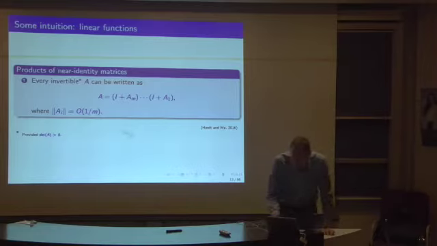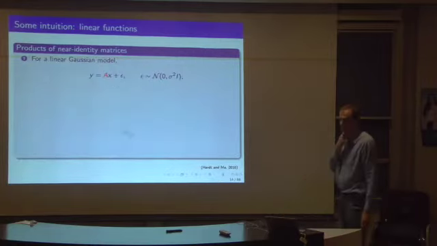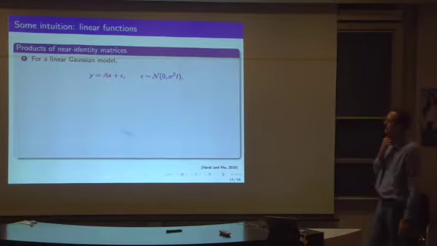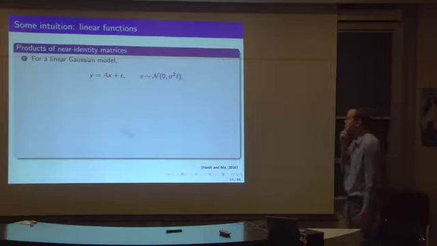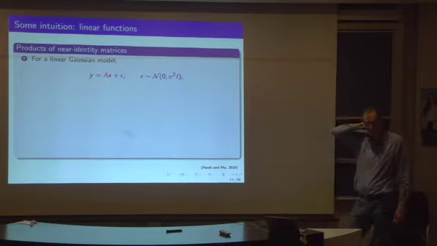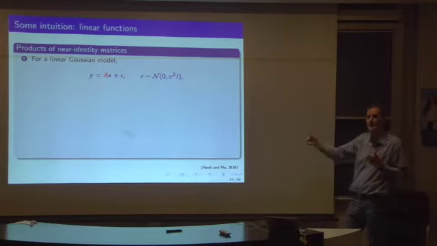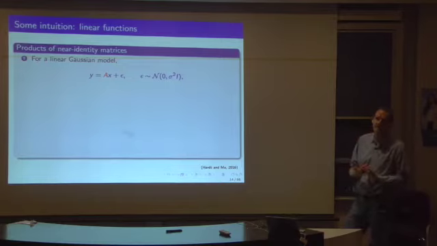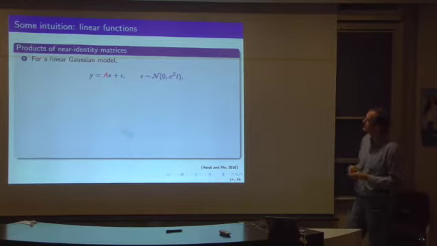So that's the first result, and the second result is a consequence for the sort of optimization landscapes that we see with these networks. So they made the assumption that you have a linear Gaussian model. So the conditional expectation of the output vector y given an input vector x is A times x plus some zero mean symmetric Gaussian noise.